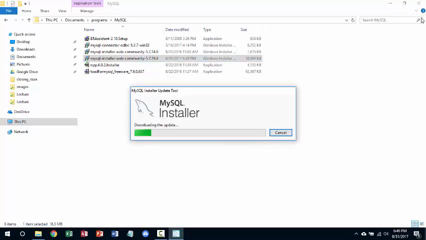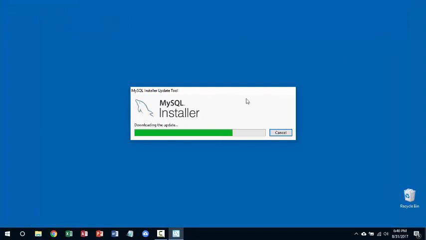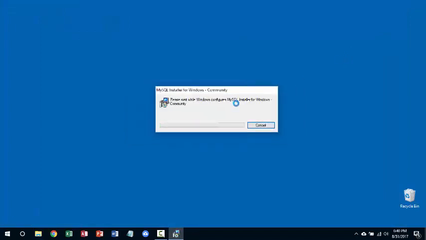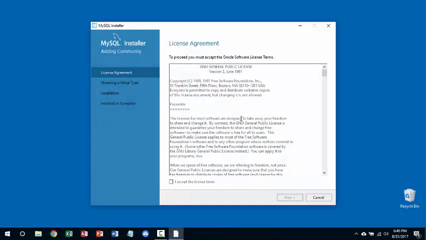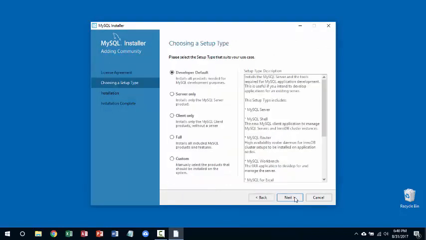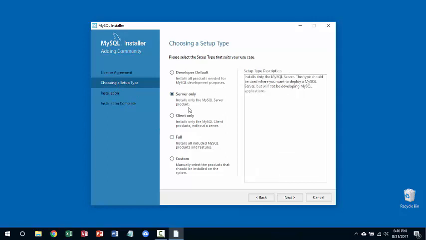I'm going to try to close the background so it's sort of a clean recording. Okay, so once it goes through the first couple of steps, we're going to, of course, accept the license agreement. The key step is choosing a setup type. That's the one that you should pause for a second. We only want the server. We don't want all the other bells and whistles, or some default clients. Only want the server. Okay, and we'll click next,